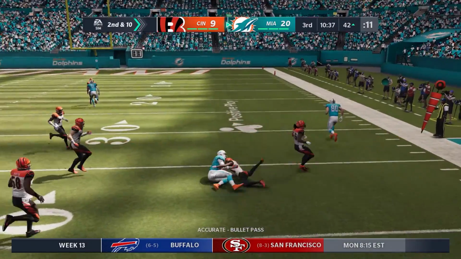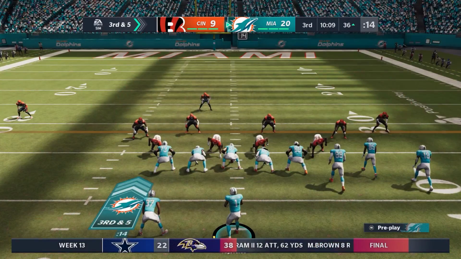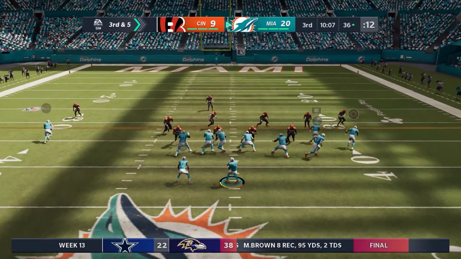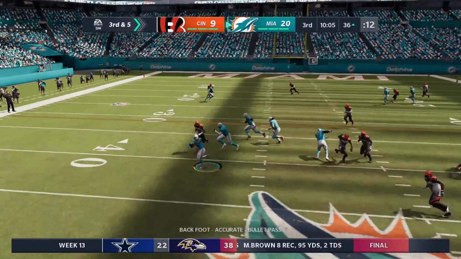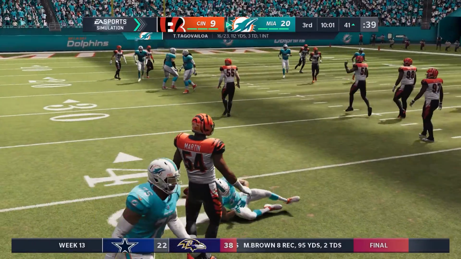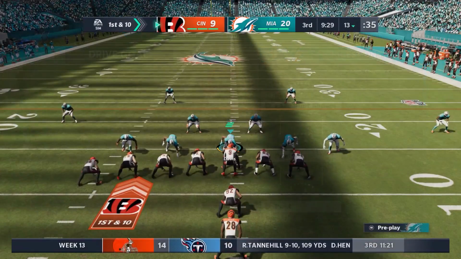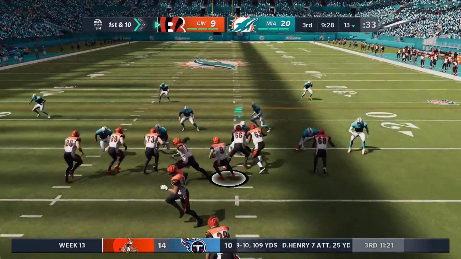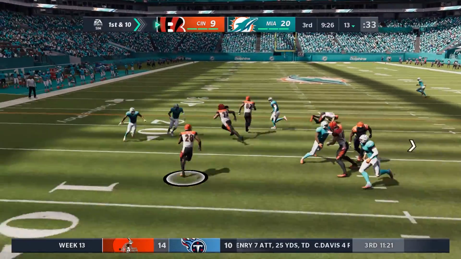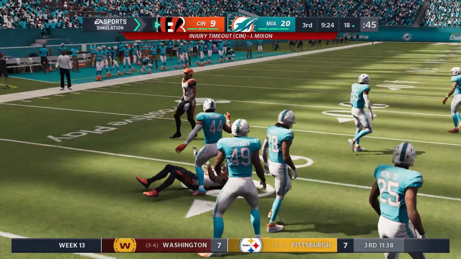Throw and catch to Mike Gesicki. He picks up around 4 or 5 yards. A bunch set to the right with Parker split out wide left, setting up the screen pass, nowhere to go. It's a loss, and that'll knock us out of field goal range, and we'll be forced to punt the ball away. So they'll start off their first drive of the second half with a give to Mixon,